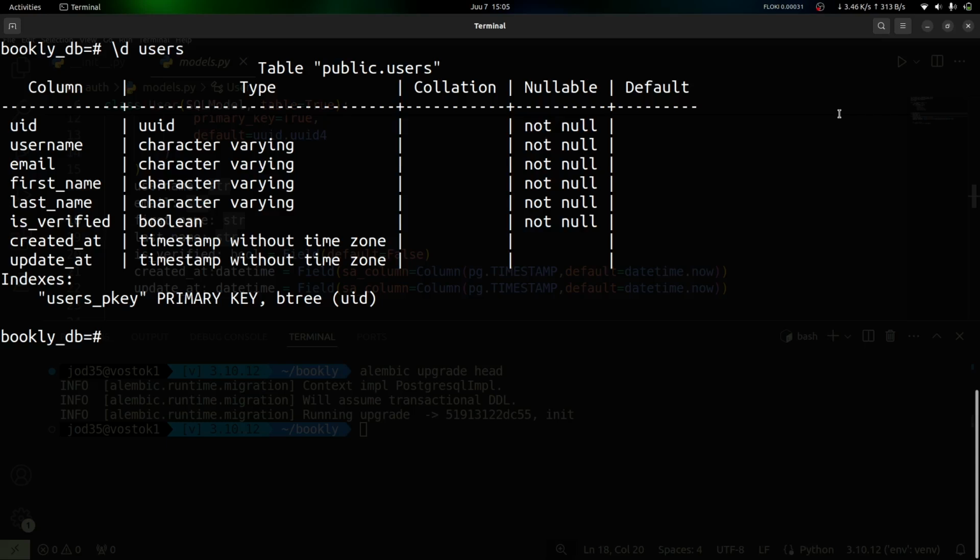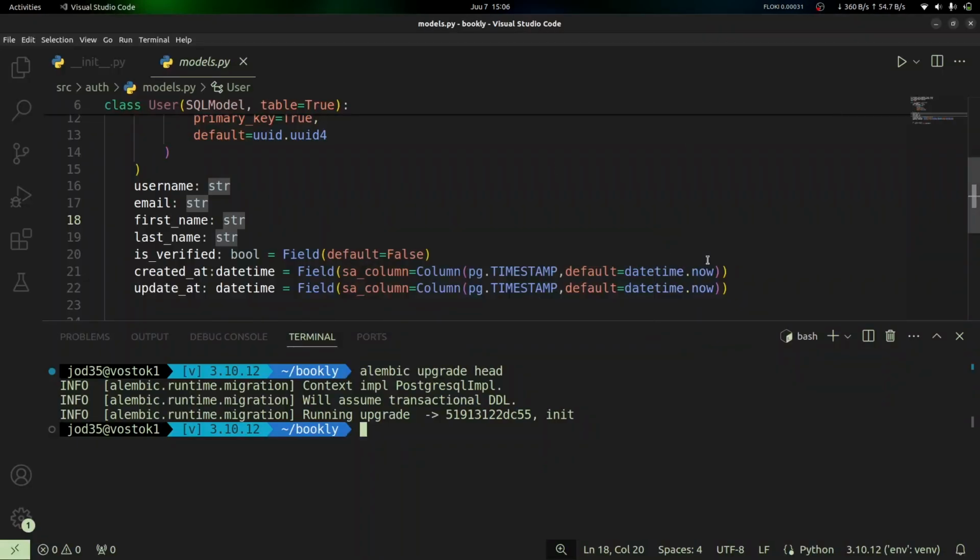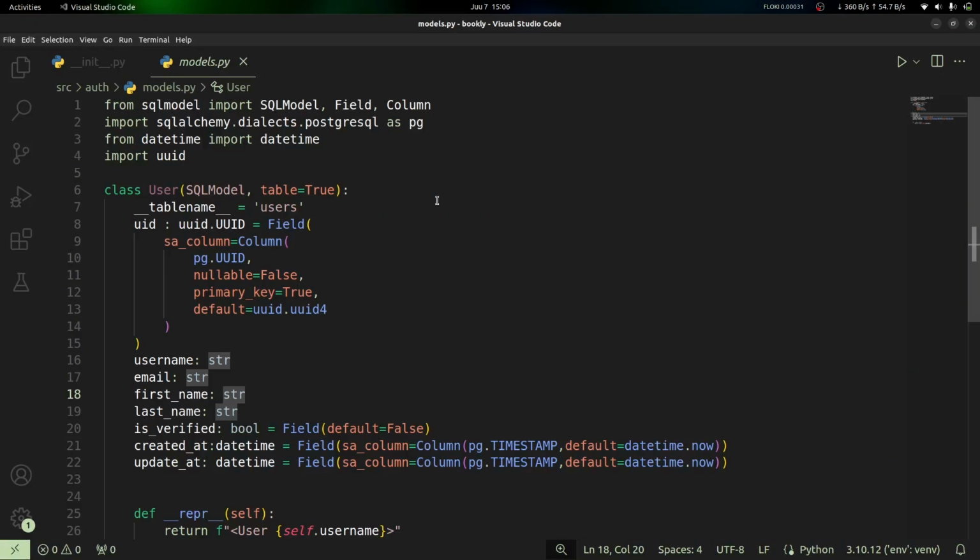Now that we've been able to create our user authentication model, let us build on top of that so that users can create user accounts within our applications. Using these accounts, they'll be able to perform various actions within our application, as we shall see later on in the series. So to begin, we're going to go ahead and first create the routes that are